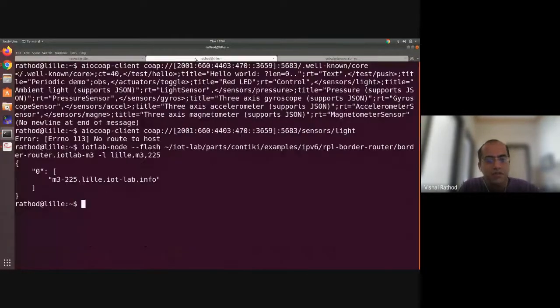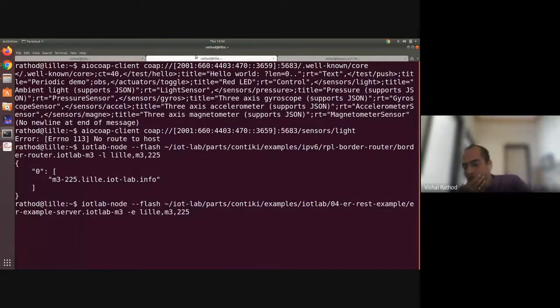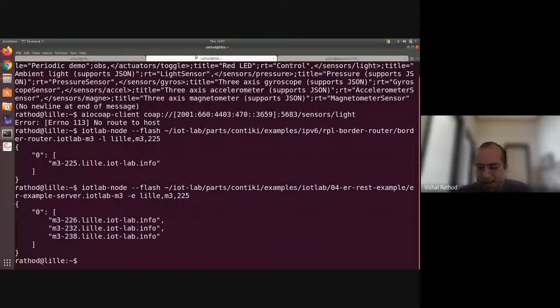Okay, now it's done. Now again I have to upload the server code. Once your connection is broken, remember this, you have to do this. You can say it is a disadvantage or not, but it gives you a publicly available setup to run the test. These are the minimal things.